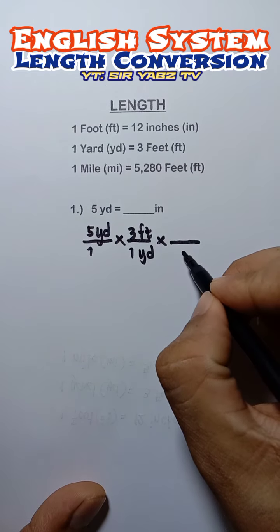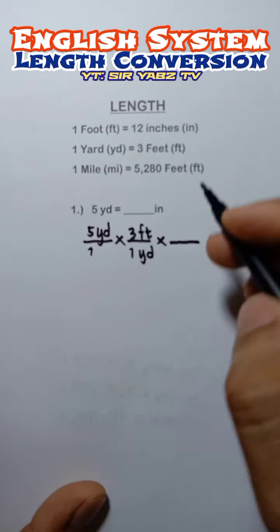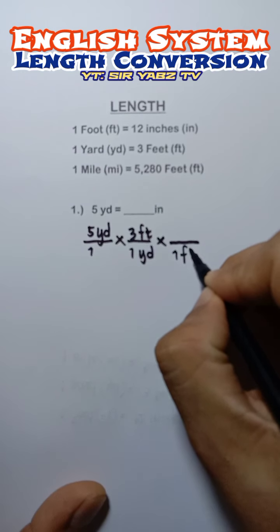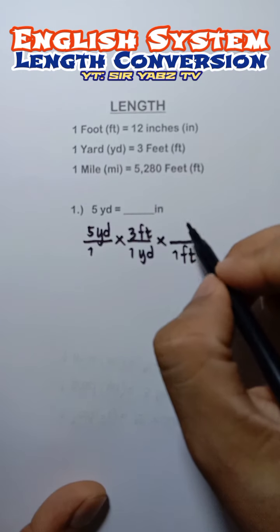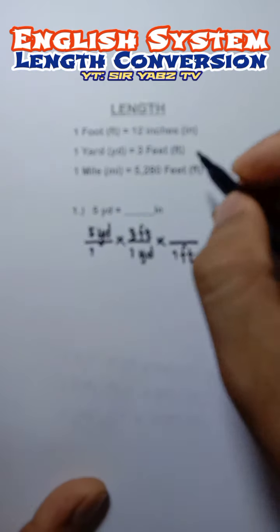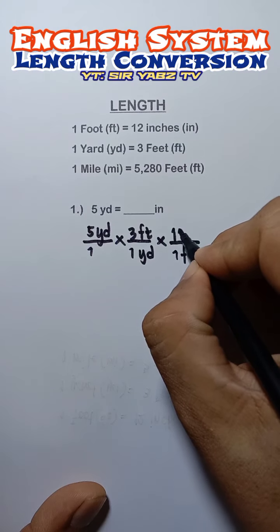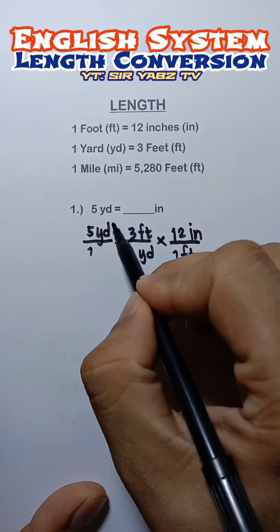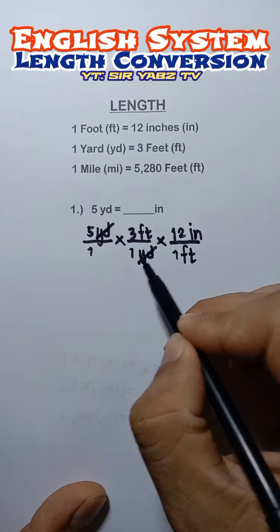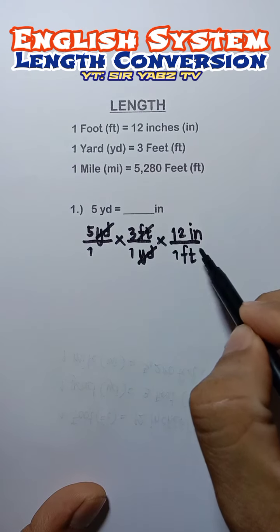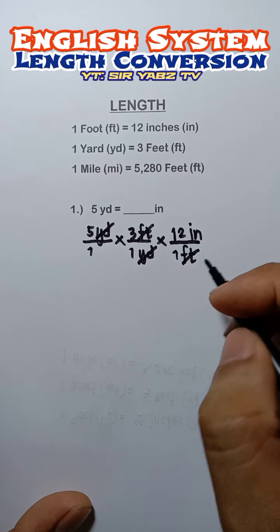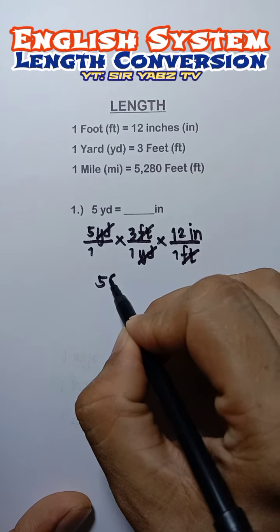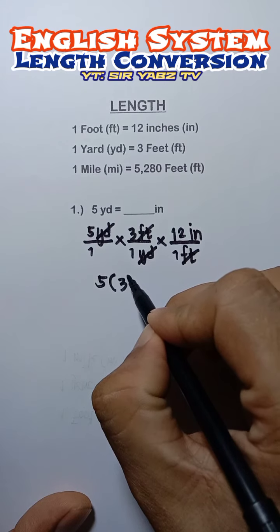denominator we need 1 foot. Then the numerator, 1 foot is equivalent to 12 inches. So it's good to go. So yard will be cancelled out from numerator and denominator. Another one, feet, cancelled out, so that the remaining unit is inches. That's what